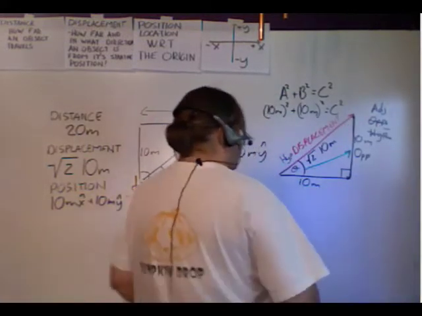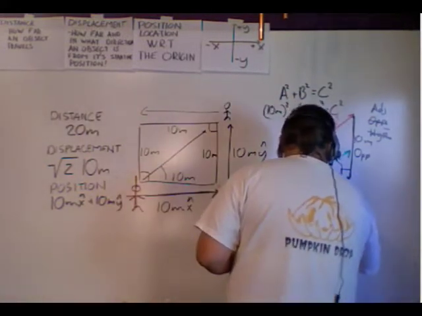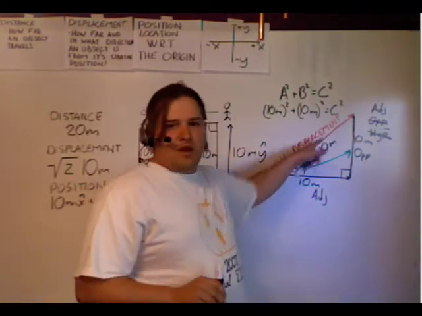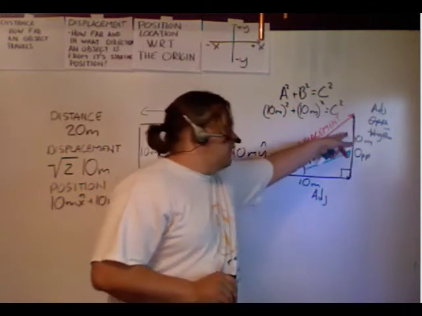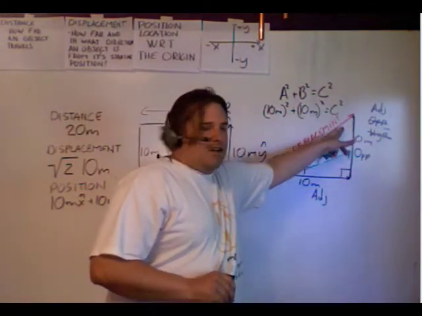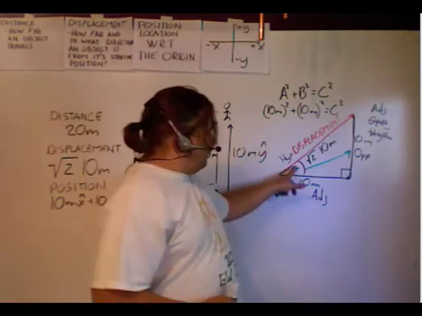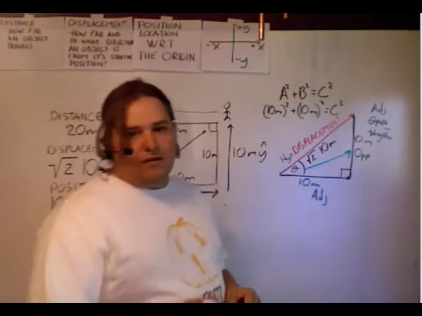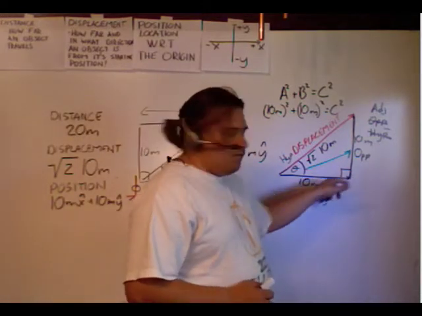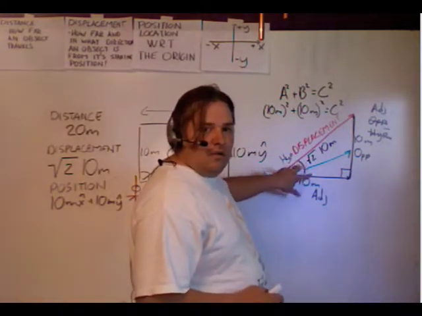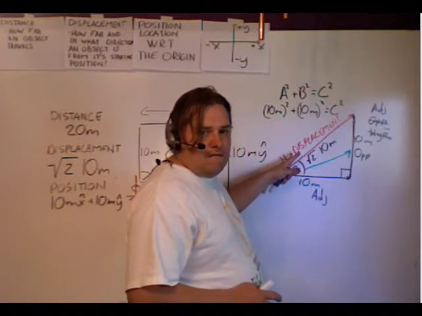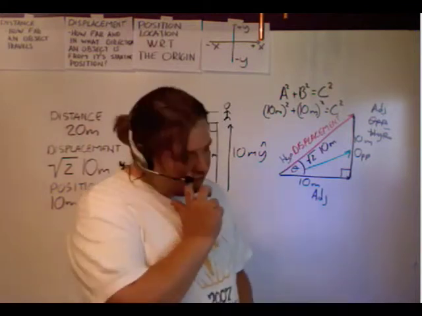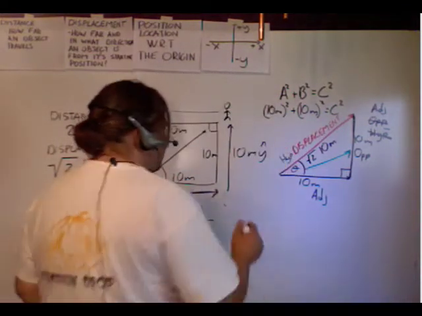Leaving the last one adjacent. Adjacent is always the other side. The hypotenuse is always going to make up a side. It's going to make up either one of the sides here or one of the sides here. The adjacent is the side that is part of that angle that isn't the hypotenuse. So the adjacent right here makes up this angle with the hypotenuse. Okay? So it's the side that helps the hypotenuse make up this angle. That's the adjacent. So if I want to find this angle,